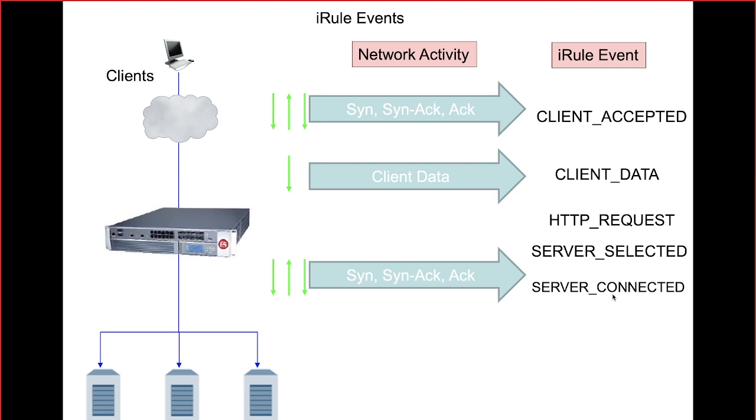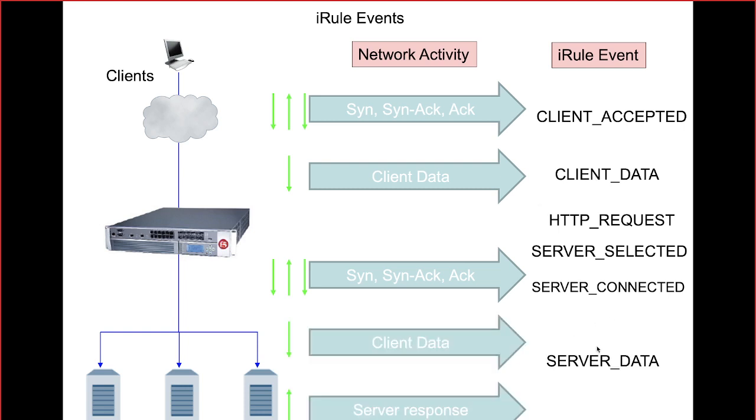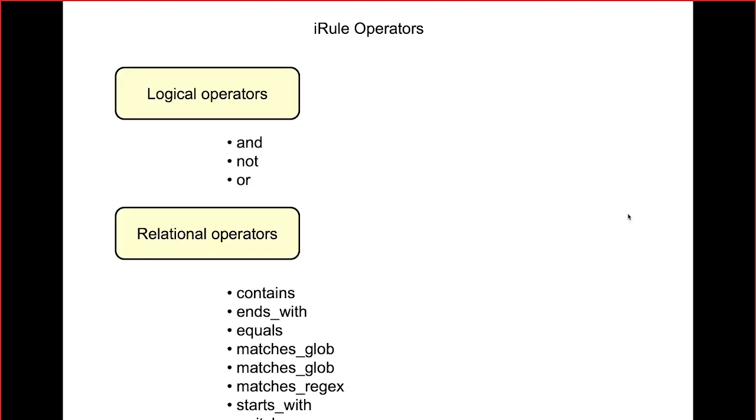Guys, this is a little important. You have to understand this. Now you can choose any of these events you want to manipulate during the load balancing time. See, client data is going to be chosen. The server data is flowing through. The HTTP response is going to be received from the server. You can choose any of these statuses, and then you can also manipulate the behavior.